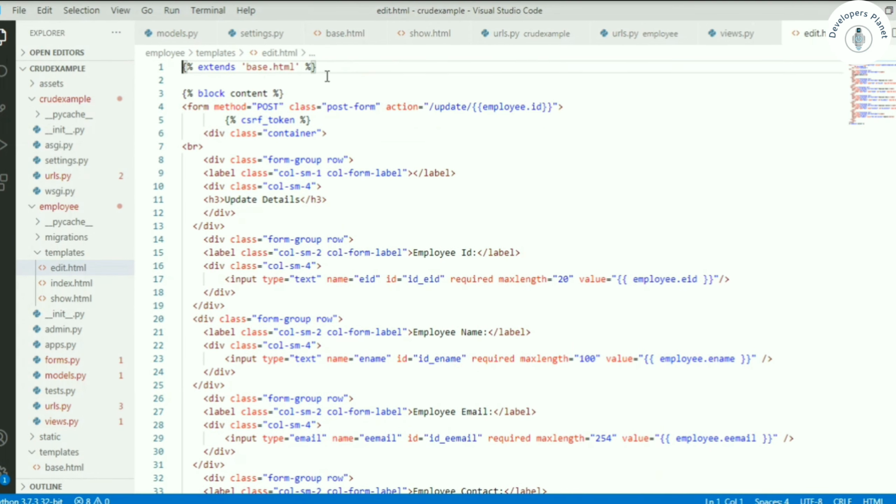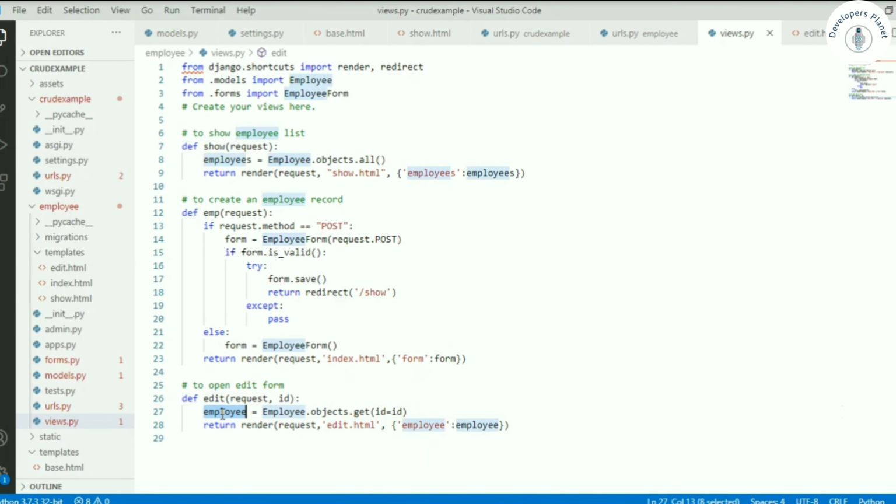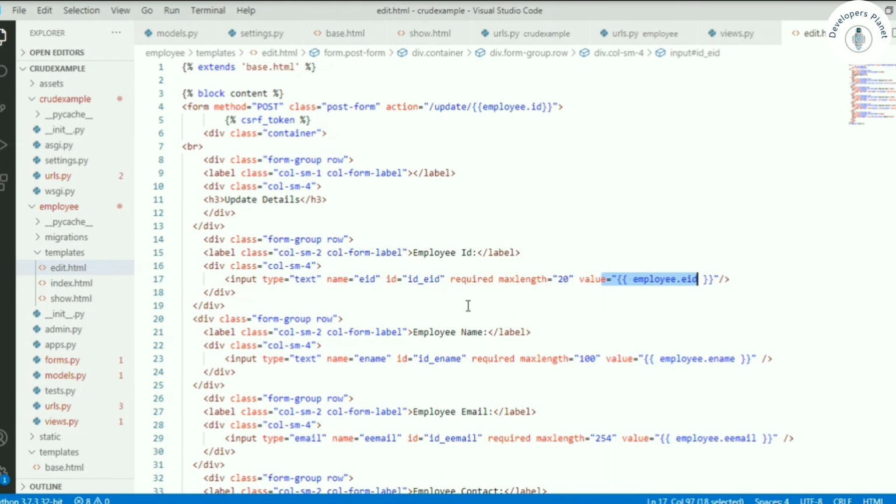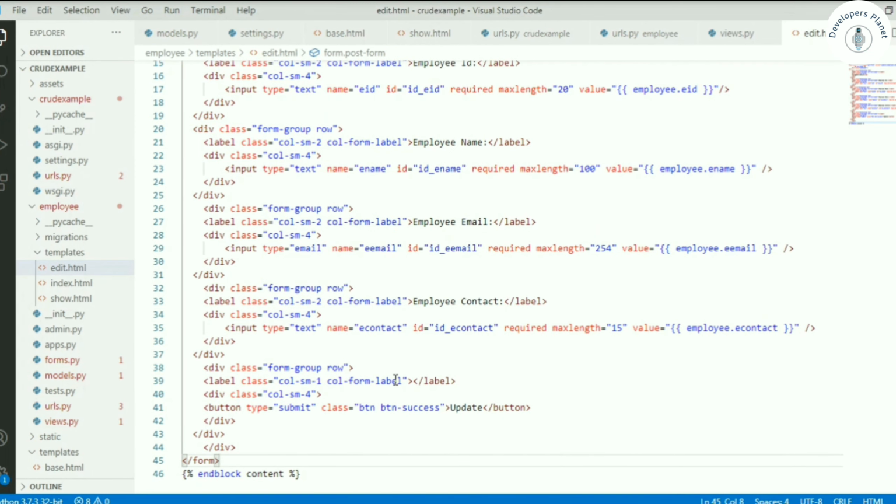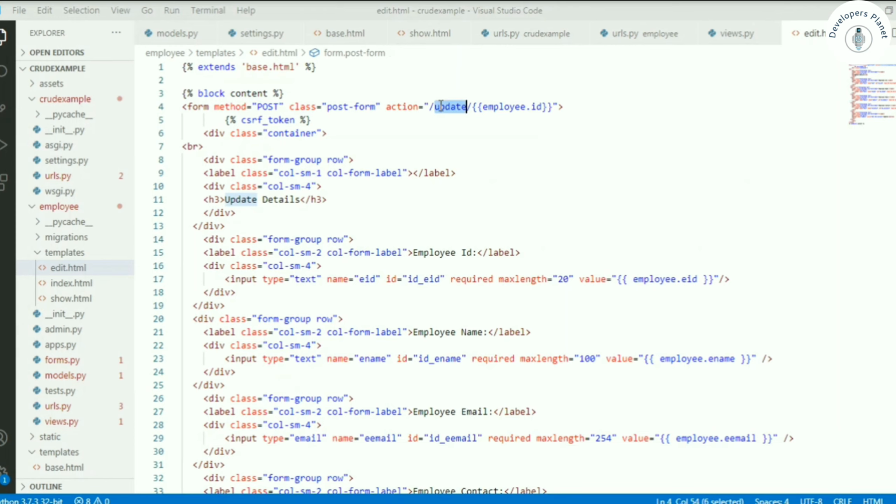As we did for the index.html file, we have created a form, method post, and passing it to update. Action is update, and we are creating input type EID and the value employee.id. From where is it coming? It's coming from the edit method, and this employee we're passing to edit.html. These are the values which are coming, and we have made it required, and we have a submit button also. We have not created any method for update or anything in the URL for update.